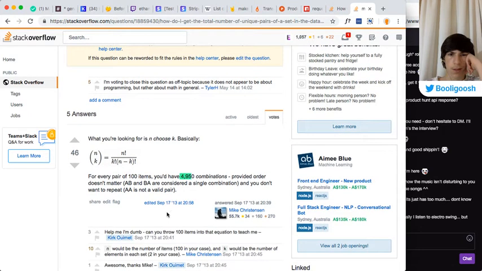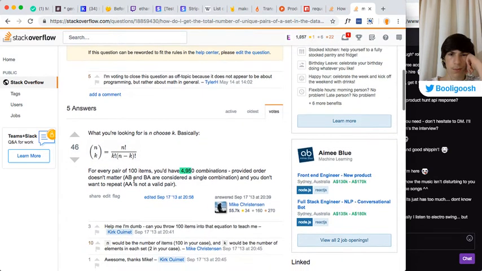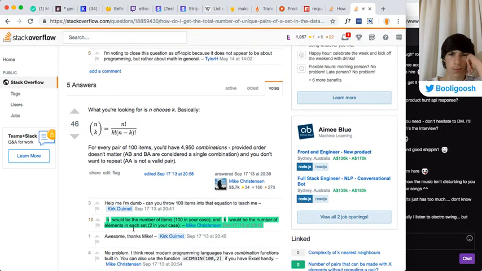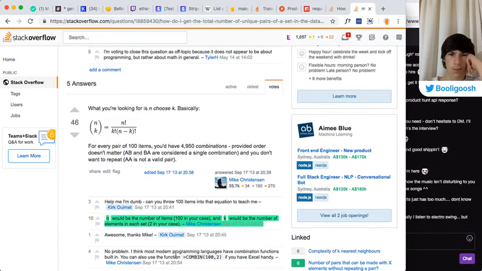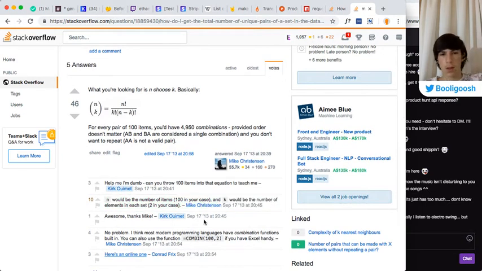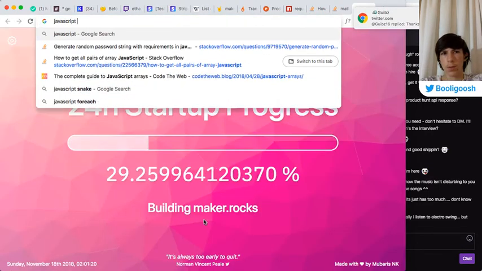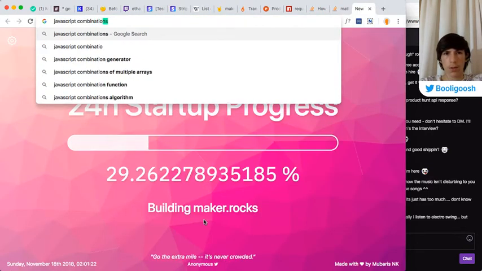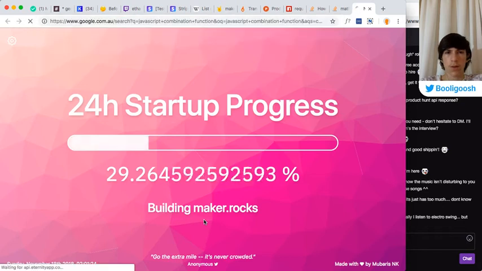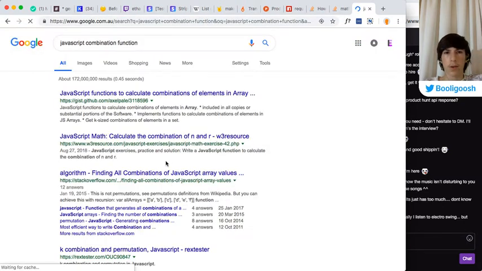Okay, so that's, let's say JavaScript combination function. Maybe it already has one in it.